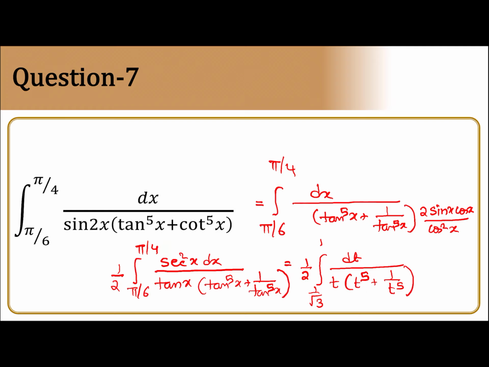So please remember which is the dominating function. Dominating function is tan, because tan to the power 5x is written. So we'll try to convert all into tan. When tan we have converted, we'll try to find the derivative in the numerator. That's all rearrangement. Every problem you are learning some or other thing new. So these are the concepts you have to remember, not the problem.